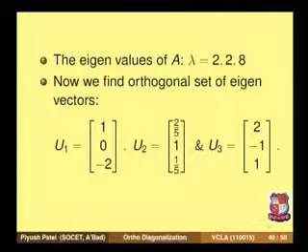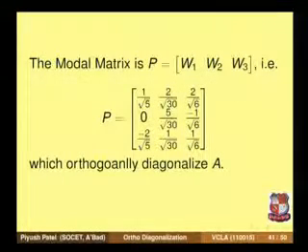As we have seen in the orthogonal diagonalization process, we will find three eigenvectors, say u1, u2, u3, and then we normalize them. So the normalized vectors are, say, w1, w2, w3. By putting them into the columns one by one, we get the modal matrix P, that will be an orthogonal matrix and that will orthogonally diagonalize A. So the modal matrix is here.